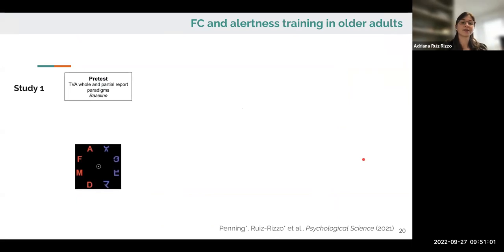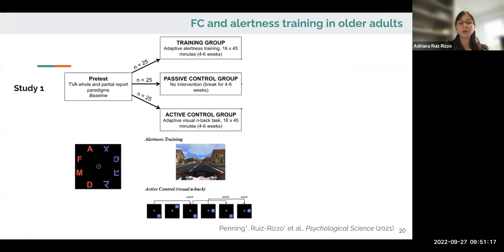Yes, so we did this in 2 studies. The first one, there was a pretest session in which, again, we used the whole report task to obtain a baseline measure of visual processing speed. Then we randomly allocated older adults to different groups. They could be either part of the training group, which did the task that I just showed you with the motorcycle,